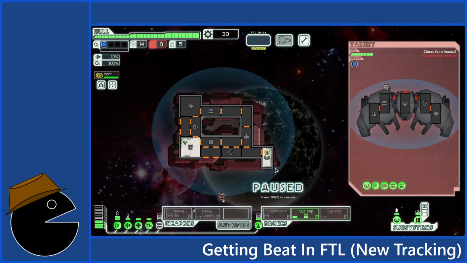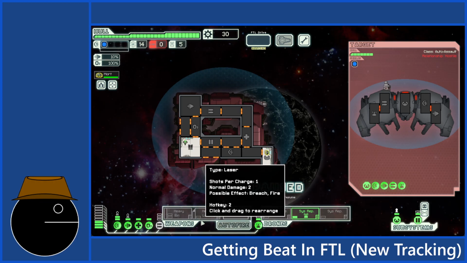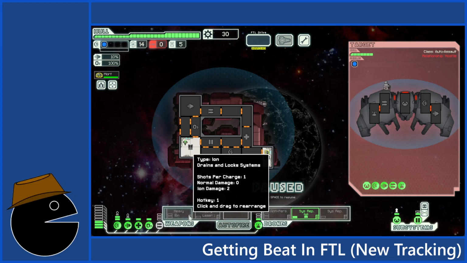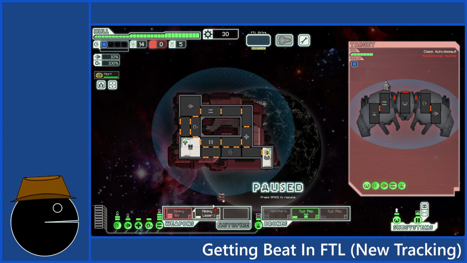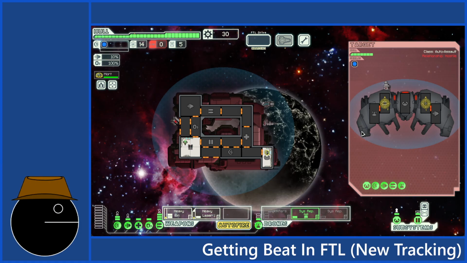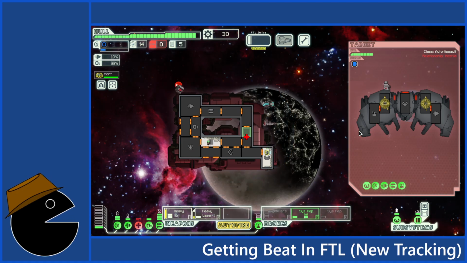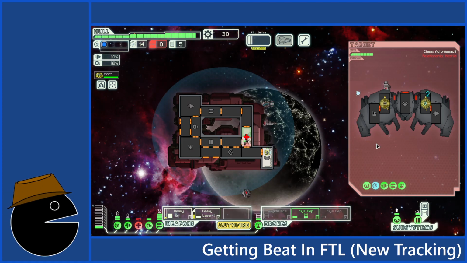Alright, let's try to intervene and let's just see how this fight goes. Okay. So, I'm going to need to use everything I got here. Ion beam, I'm going to target the students. Heavy laser, I'm going to target the weapons. Let's see how this goes. I'm paused. I'm kind of foolish. Here you can see the system repair drone moving into work.